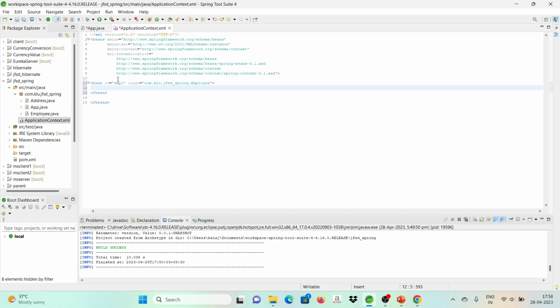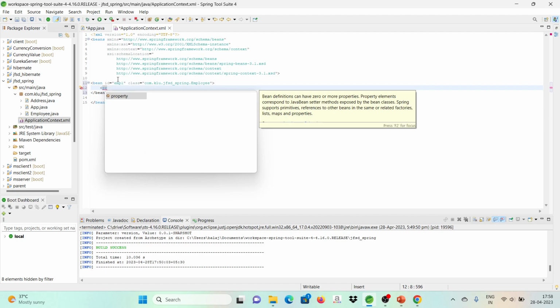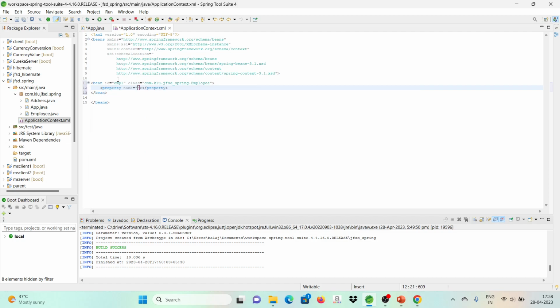See, the beans tag is having the bean tag inside. There are two ways to push the dependency. One, setter way, the property way. That means the setter or property way. Two, the constructor way. First, we will focus on the setter, the property way. We will write here property. The property name is ID. There are three properties in the object, and we have to give the value for all the three. ID is 10. Then second one, property name is name itself, and then